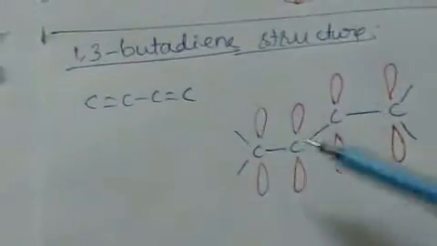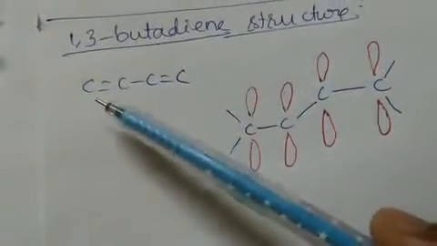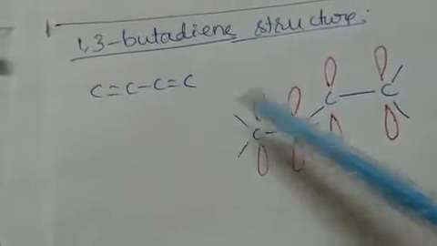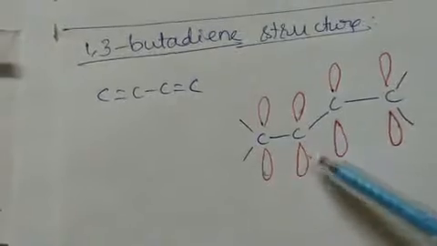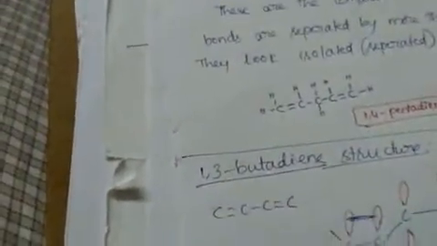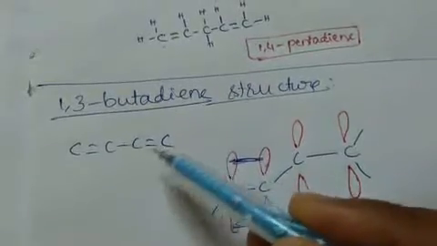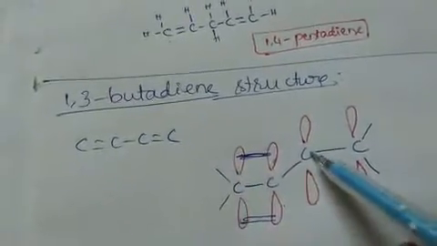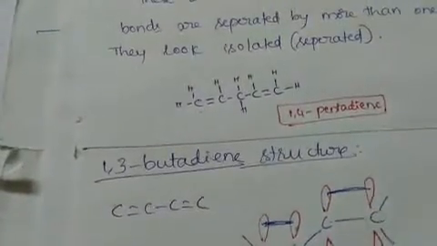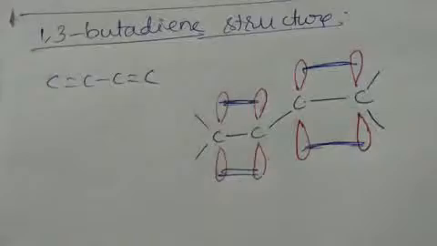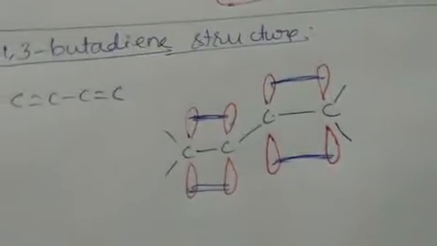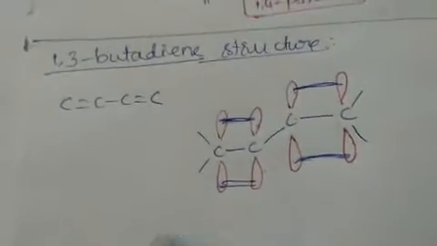So let me write the pi bond here. The first and second carbons are sharing the double bond. We know that they are laterally overlapped. Correct. So what about the third and fourth? The third and fourth carbons also have a double bond, so they are also laterally overlapped. So this is the original structure of 1,3-butadiene, but here the interesting thing is that the double bonds